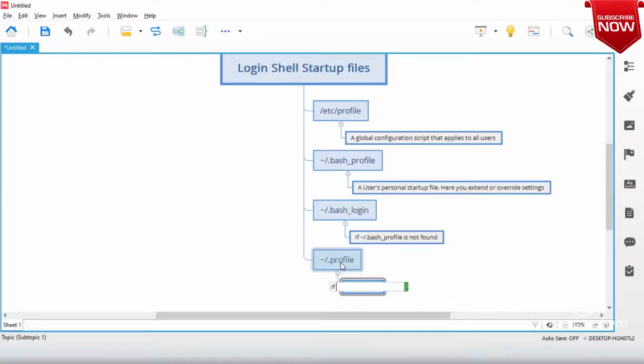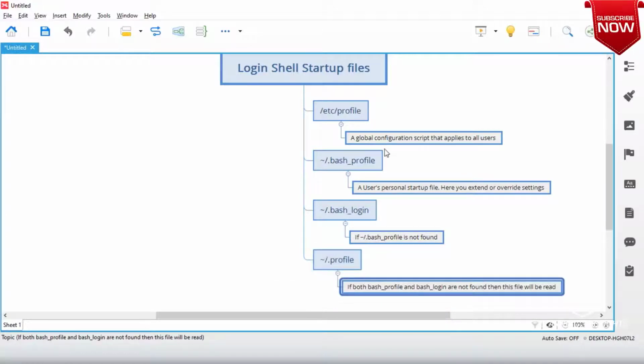And if both .bash_profile and .bash_login are not found, then the .profile file will be read.